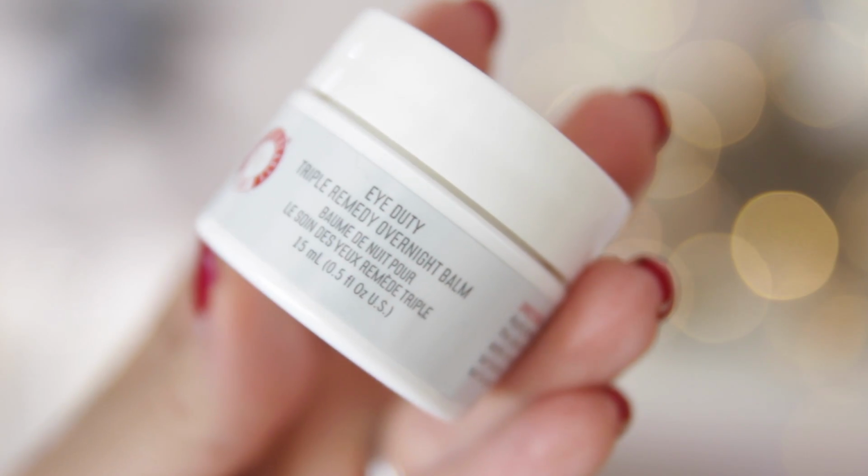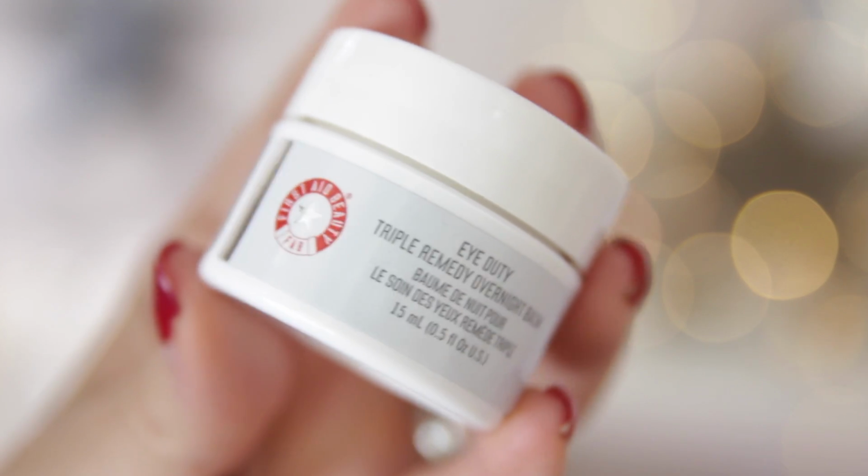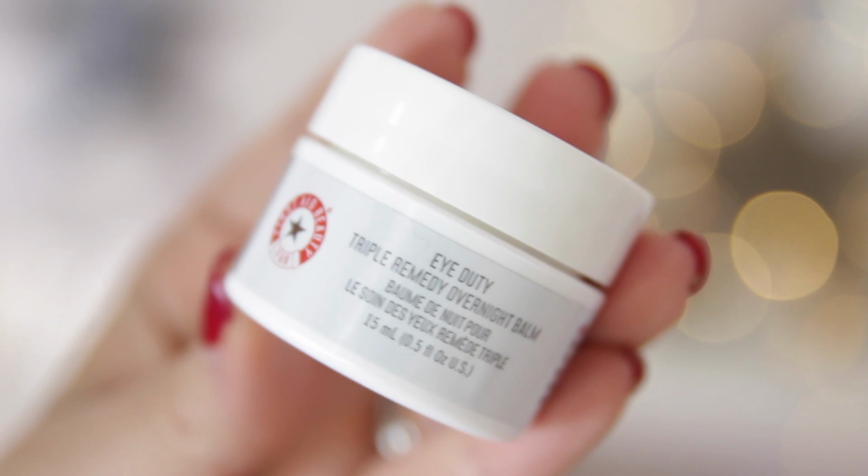And then after I've used that, I apply an eye cream. I haven't actually been using this eye cream for that long, and I'm not entirely sure if I will continue using it forever. It's the Eye Duty Triple Remedy Overnight Balm. Now I've been using the Eye Duty eye cream, the day eye cream, pretty much for the whole of 2000 and...